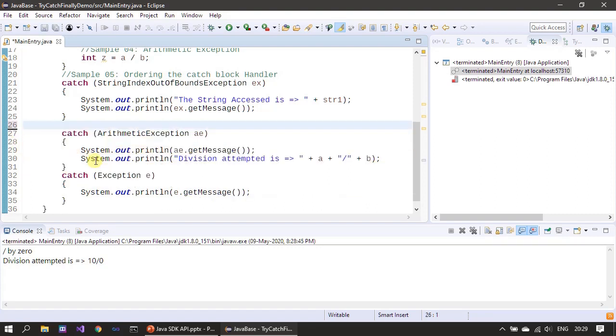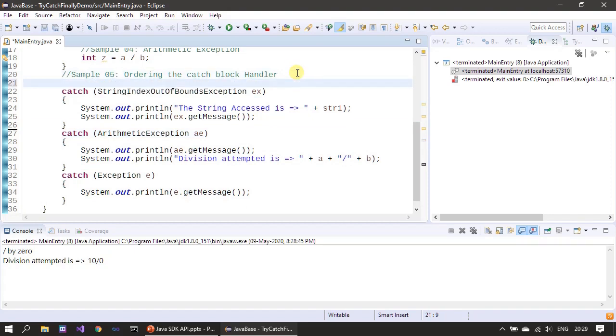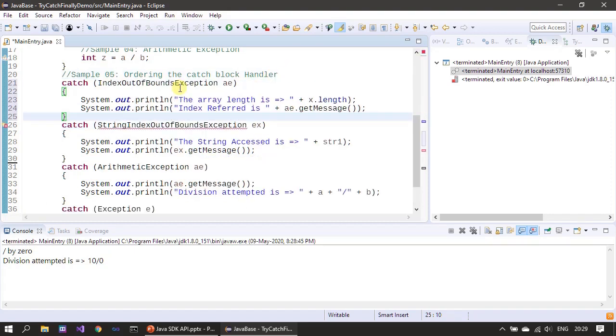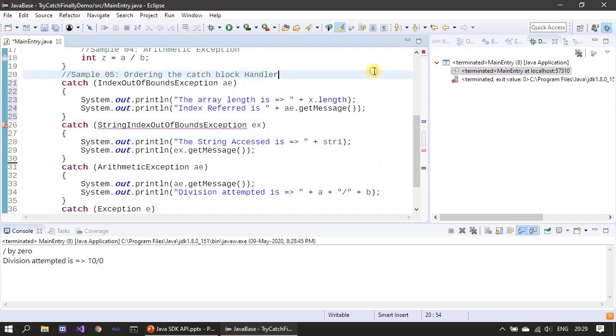Let me place it here. Since a string index out of bound and index out of bound exception are in relation, if you see, you are getting a compiler error,